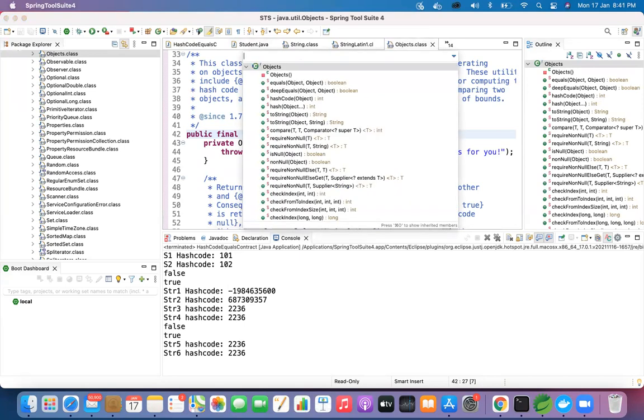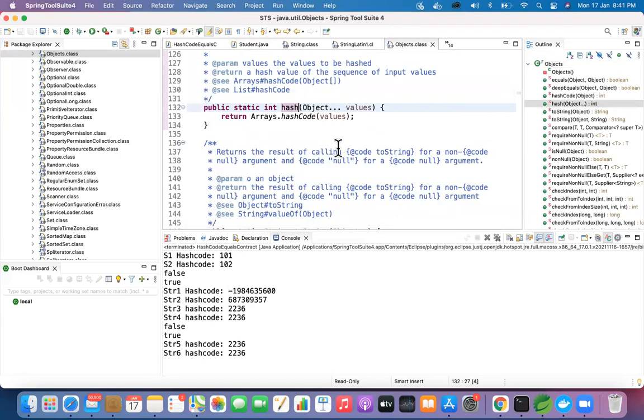There is a method called hash. The hash takes an object array, which can give n number of values, and internally there's hash code logic happening. Can you go to that hash code method? Arrays.hashCode.